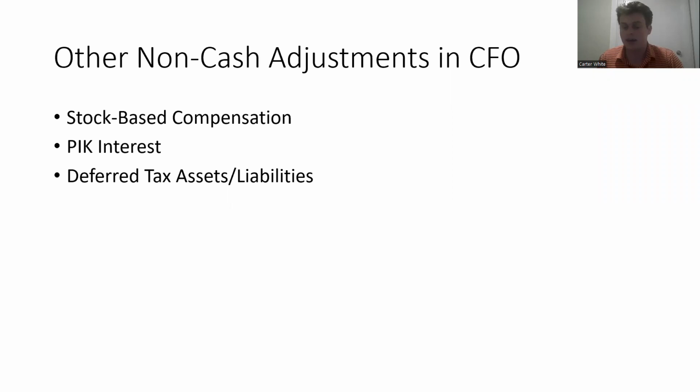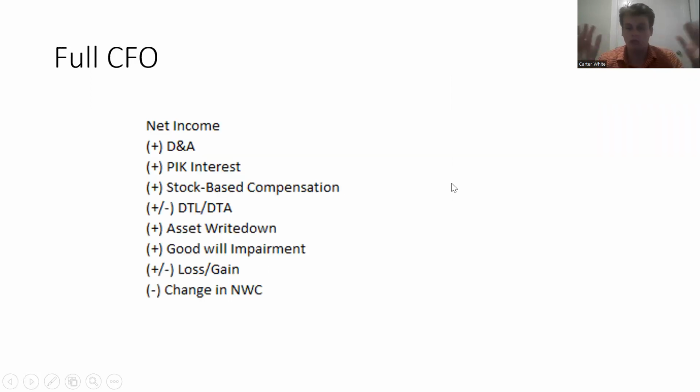And same thing with deferred tax assets. This is when I'm paying more in taxes than I actually was supposed to. And this would actually decrease my cash flow from operations, because in reality, I paid more cash than the income statement reflects. So here's the full formula for cash flow from operations. We have our net income, and then we add back the